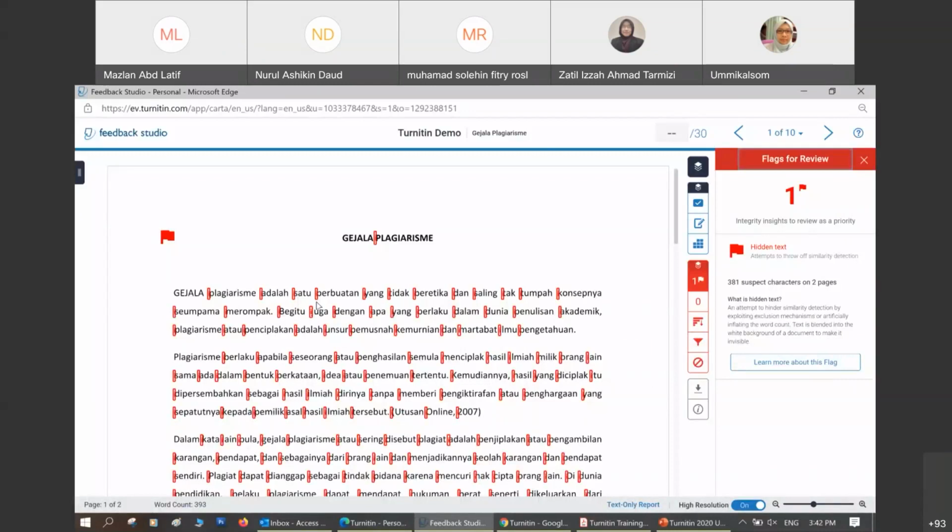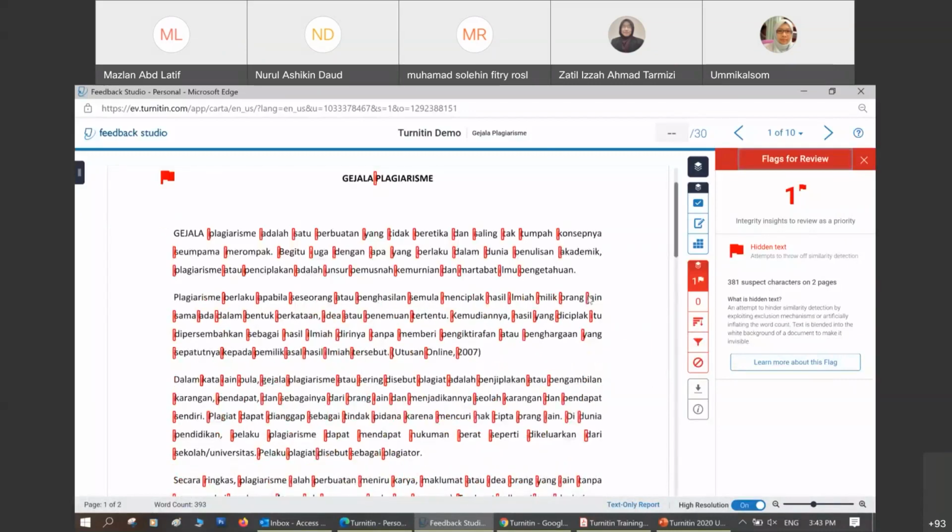Yang ni macam kena ada semua format pun dia boleh detect ke, atau mungkin Word punya format saja, atau macam mana? Semua format boleh. As long as dia ada manipulation, kalau dia buat dalam Word, lepas tu convert PDF and submit, pun still boleh detect. Cuma kalau yang macam saya kata tadi lah, kalau dia screenshot ataupun scan hard copy, tu memang tak boleh